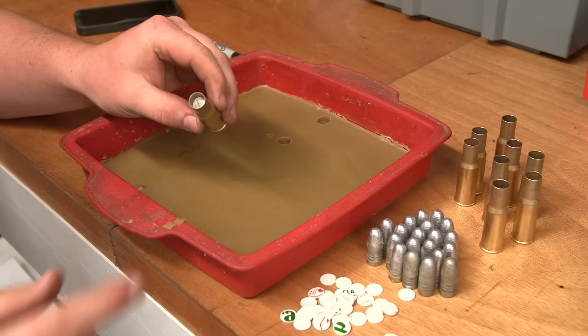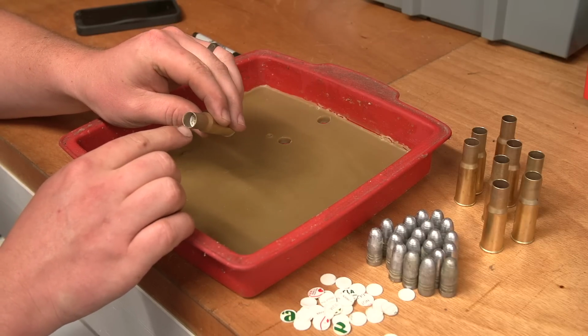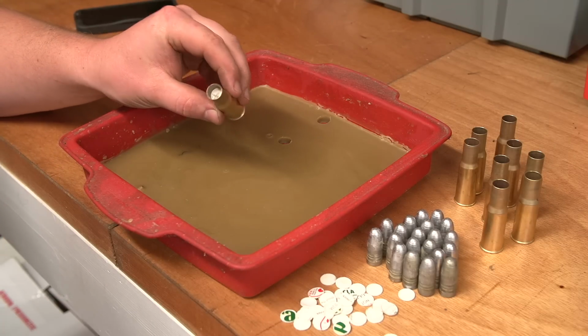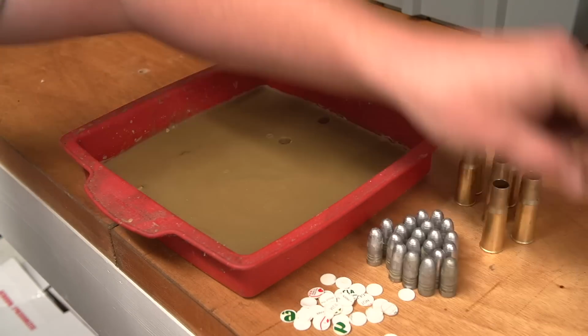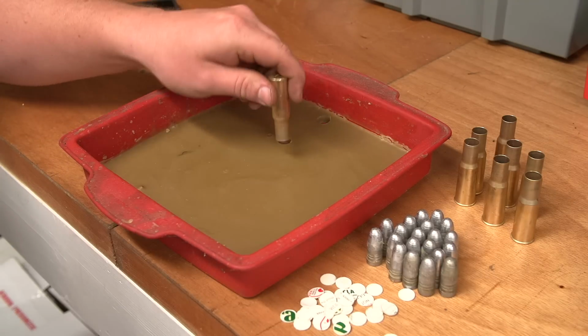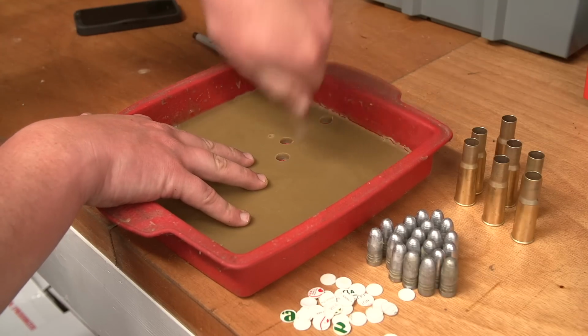Once we seat the projectile, that's the only step left to do, seat and crimp. And this gun is ready to shoot this cartridge and we're good to go. So I'm going to go ahead and do one more for you here. So again, cardboard disc, plug of wax,